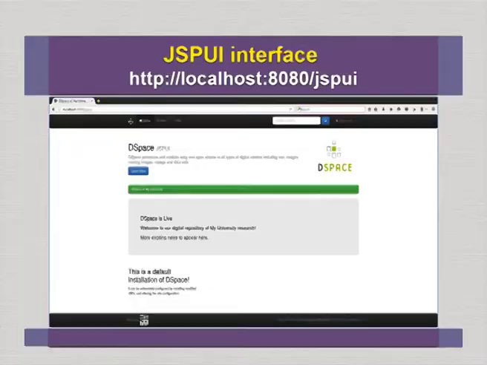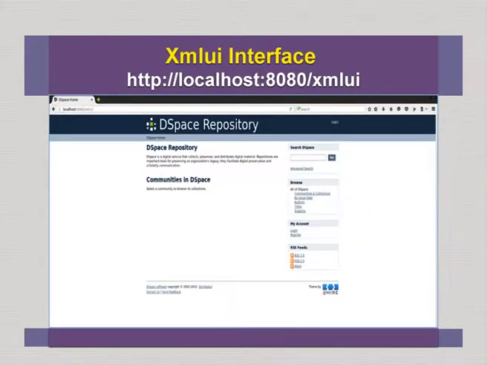Now, this is what the JSPUI interface looks like, and 8080 is still there because we did not integrate Tomcat with the Apache server. That is why it looks like this. And then you have the XMLUI interface. Of course, if you want, you can change either to Mirage or Mannequin or any other theme.